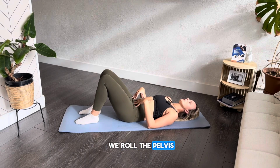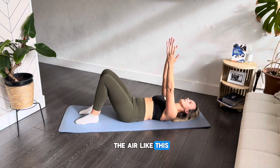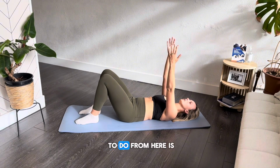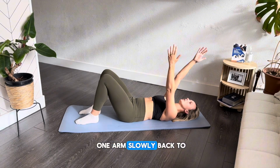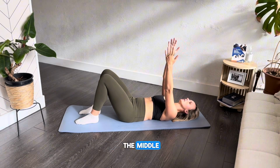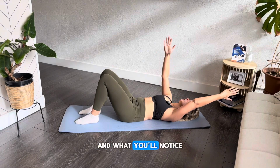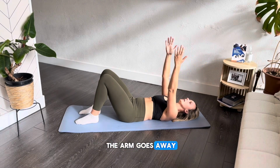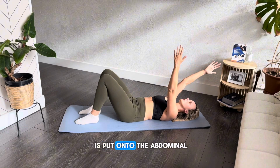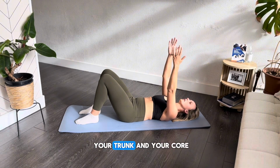So we roll the pelvis towards the ribs. We're going to bring the arms up into the air like this. Now all we're going to do from here is we're going to lower one arm slowly back to 45 degrees and then back to the middle. And then we're going to go with the other arm. And what you'll notice is that the further the arm goes away, the more challenge that is put onto the abdominal. And we really want your trunk and your core